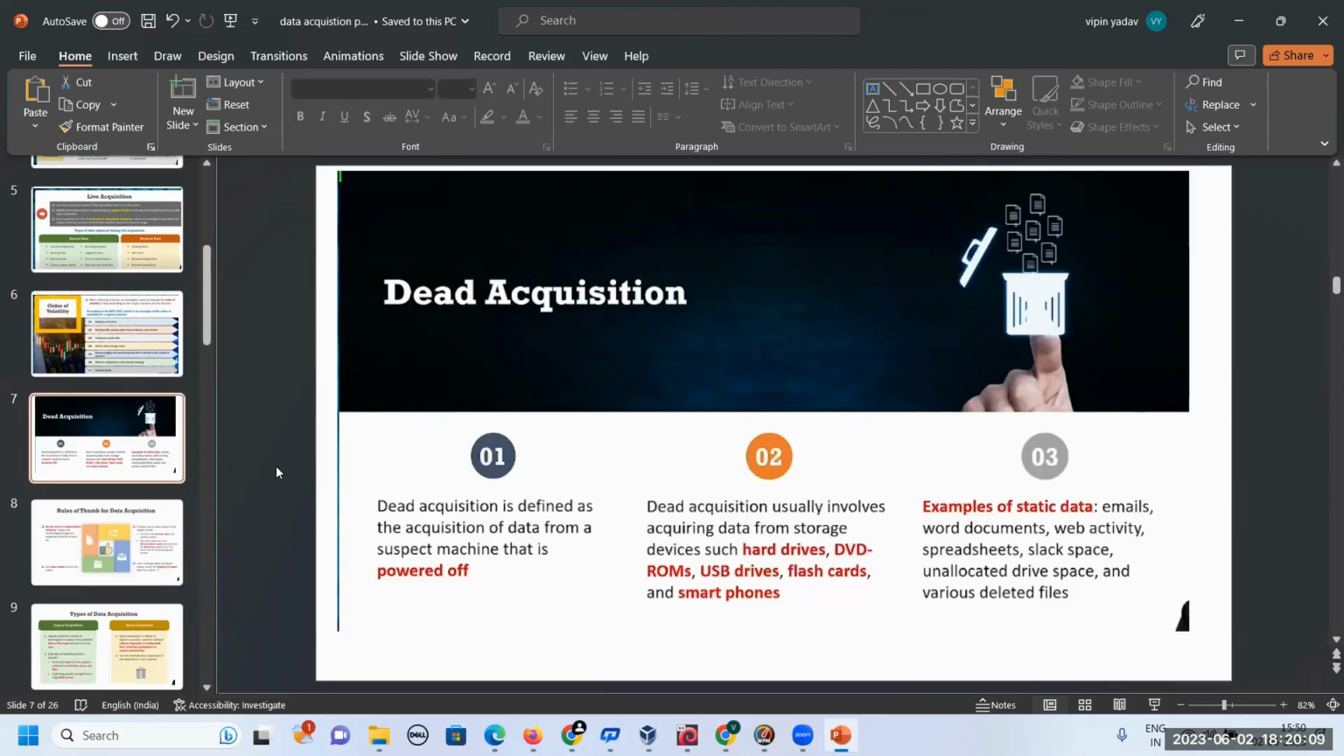On dead acquisition. So what could you understand through dead acquisition? Sir, data collected from when the system is powered on, so basically mostly from the storage devices. Yeah, somehow it is talking about the non-volatile data. Okay. Yes, sir. Dead acquisition is defined as the acquisition of data from a suspected machine that is powered